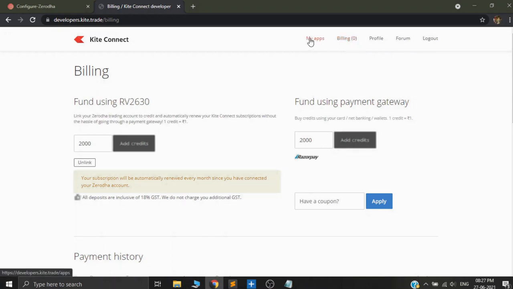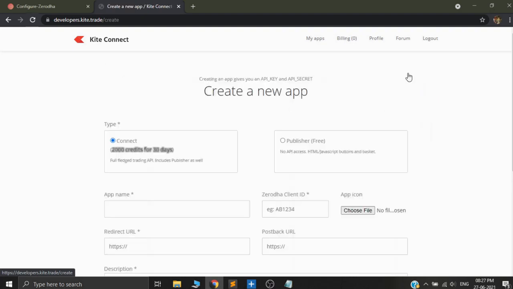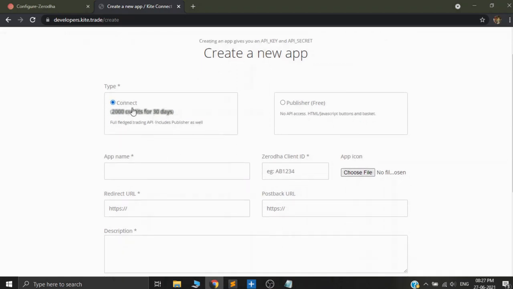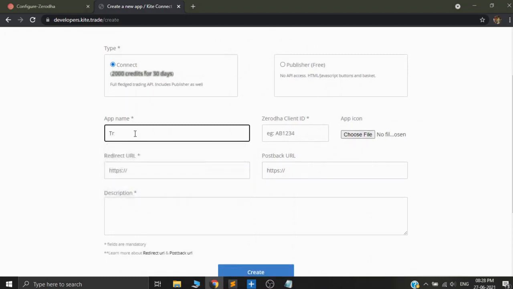Once that is done, you can go to my apps and you can go to create new app. I will click here, and there are two different types of apps you can build. Since we need to connect it with Tradetron, you need to use this connect app, and you can name your app anything. I'll name it Tradetron 1. You can put in your Zerodha client ID,